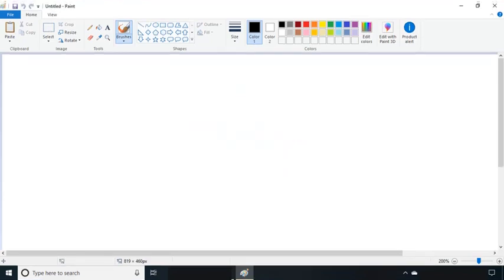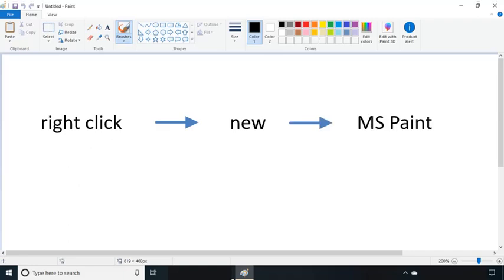Tell me, how will you open the file? Do you use a right click or a left click to open the file? Do you know an easy way to access a new document is to do a right click on your screen and you get an array of options from which you can click new and then open a new document. You may not have MS Paint as an option. In that case, you have to go to the search bar and type in Paint and it will appear. Don't worry, you can take your parents' help for this.